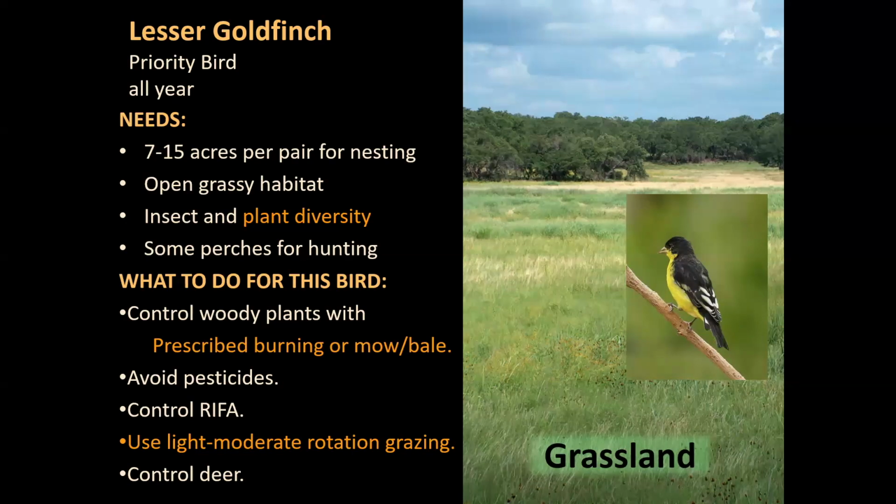There is a biologist that I know, and he always said, what we really want to do is keep common birds common, right? We don't want to wait until they're endangered species and go, oh, now we need to take care of them. No, we need to do that before. We need to be aware of those declines and try to turn that around. So some of the things they really need: good plant diversity, insect diversity. Just to mention a couple of the practices that are beneficial: prescribed burning, mowing and baling,